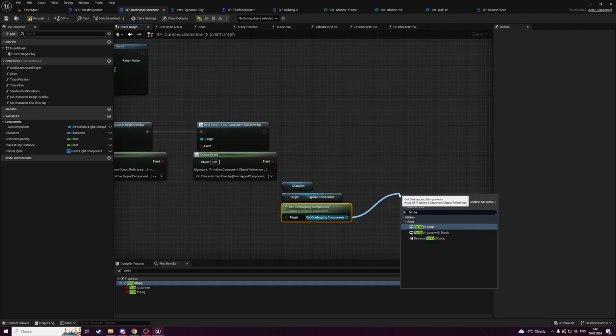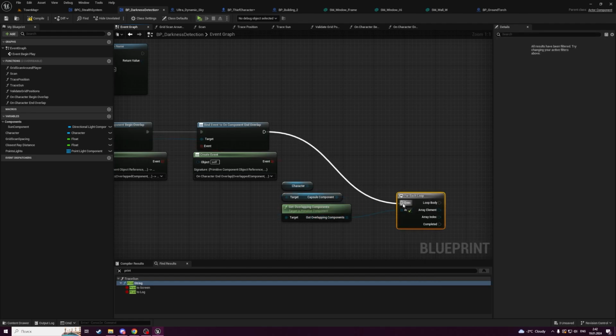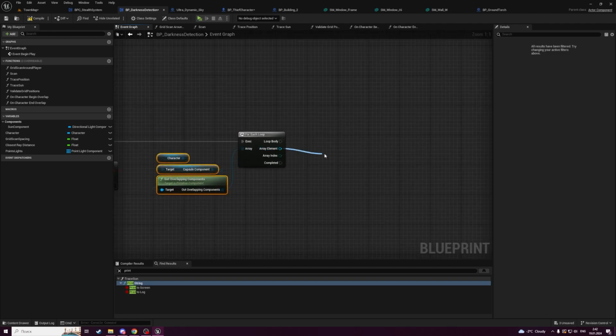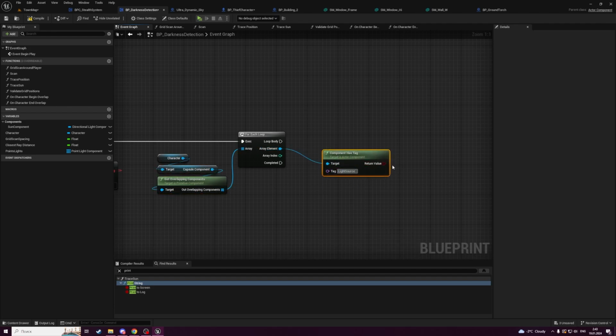For each of them, we have to check whether it has a tag light source. If true,